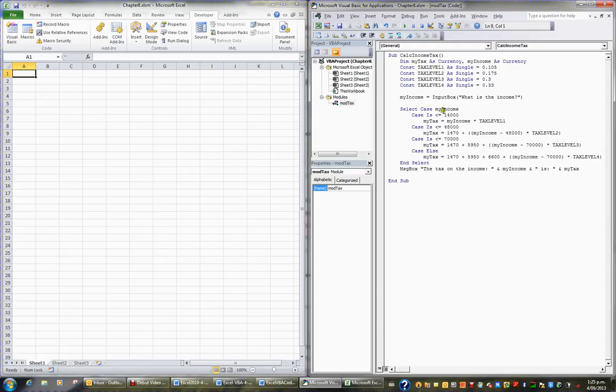And then I'm using a Select Case depending on the income that they enter when they're asked to with the input box. If the case is myIncome is less than or equal to 14,000, then it's their income taxed at the TaxLevel1 constant, which is 10.5 cents, and that'll give them the tax. But if their income is less than 48,000, then the first 14,000 at 10.5 cents in the dollar comes to 1470, and then the difference between 48,000 and their income is then taxed at the second level, which is at 17.5 cents. If they earn less than 70,000, then the first 14,000 will be taxed at 10.5 cents,